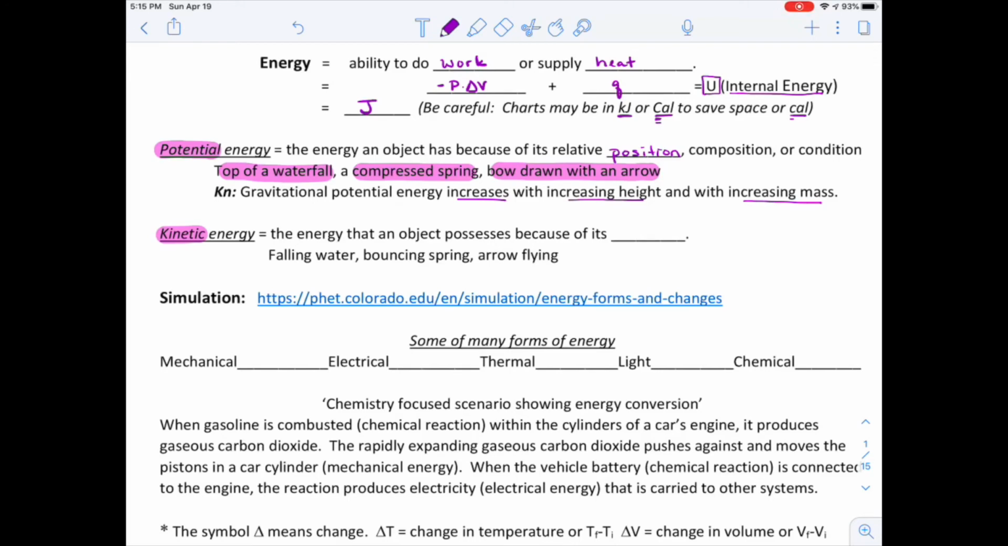In contrast, we have kinetic energy, and that's the energy an object possesses because of its motion. So again, you can see the motion. The water is actually falling. You have the bouncing spring. You have the arrow flying. So we're going to go and look at this simulation, and when we get back, we're going to review the different forms of energy and how